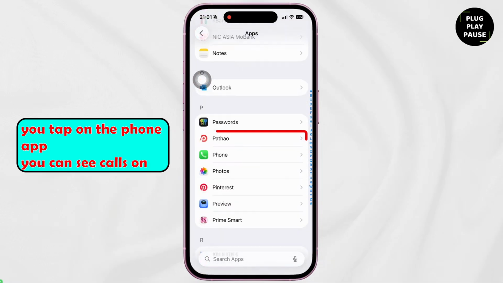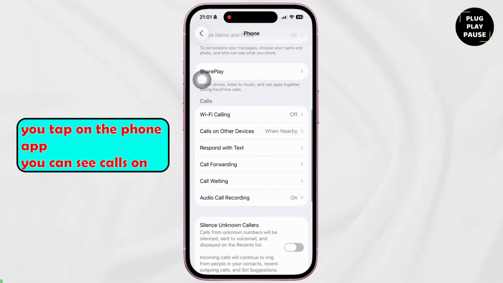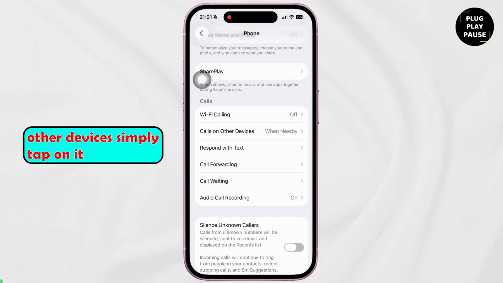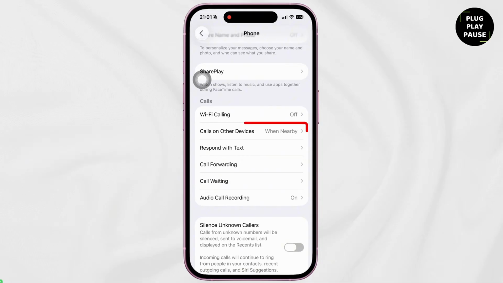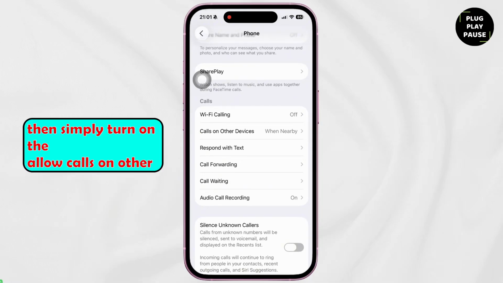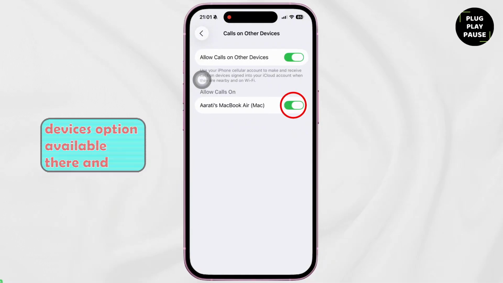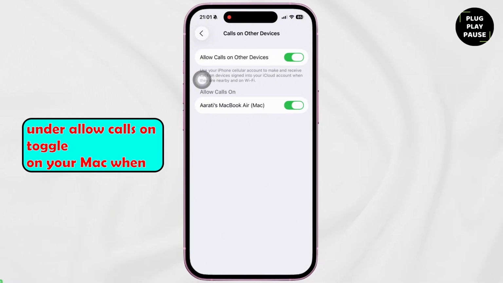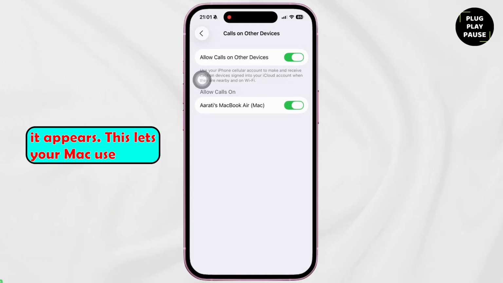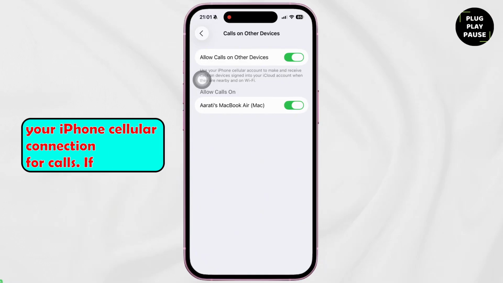Then once you tap on the Phone app, you can see Calls on Other Devices. Simply tap on it. Then simply turn on the Allow Calls on Other Devices option available there, and under Allow Calls On, toggle on your Mac when it appears. This lets your Mac use your iPhone cellular connection for